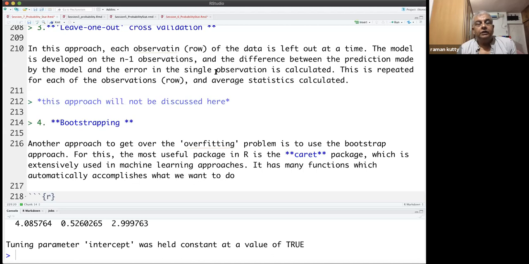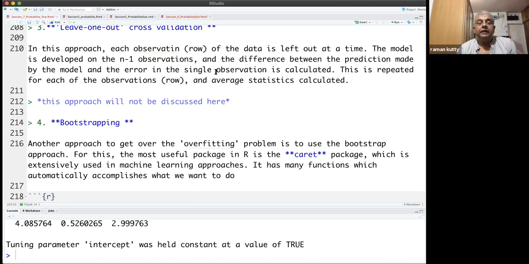We have looked at all those. Then we have looked at validation of prediction. First, very simple, that is we just split the data into two halves, either 50-50 or 60-40, whatever we want. And then we use one as the training and the second part as the testing data. And we just look at the error in the testing data using the model which has been developed from the training data. So that is the first level of